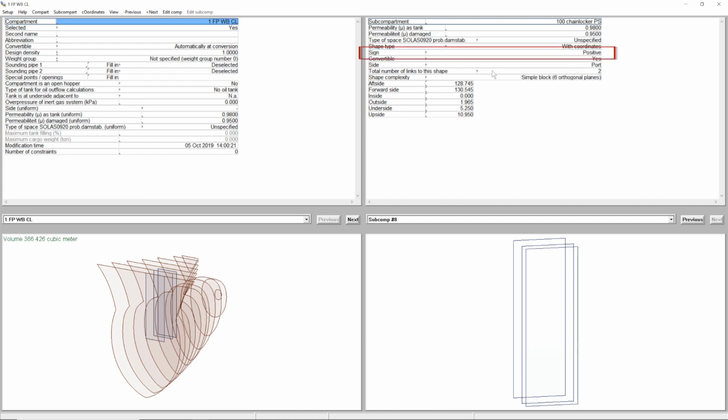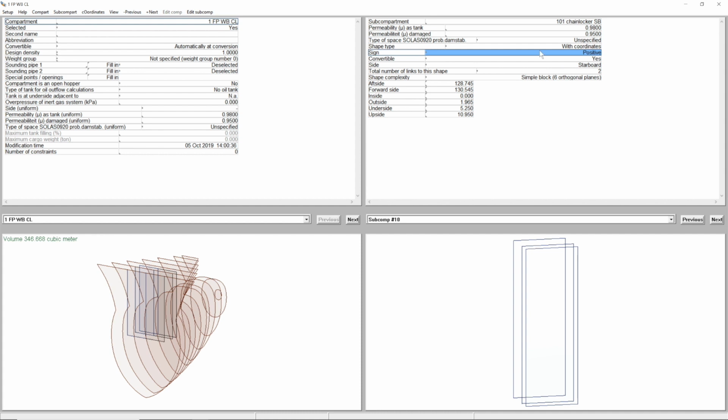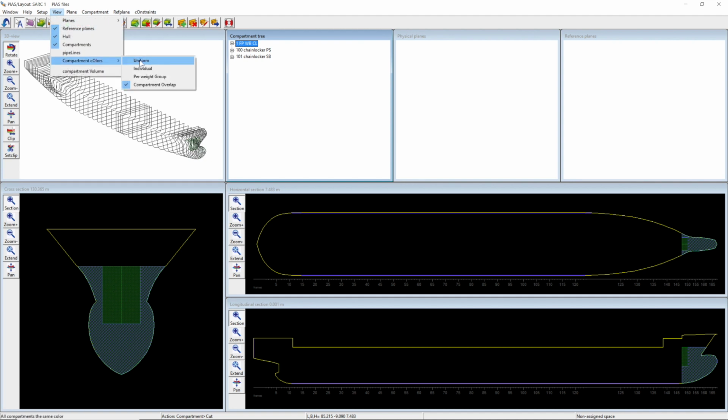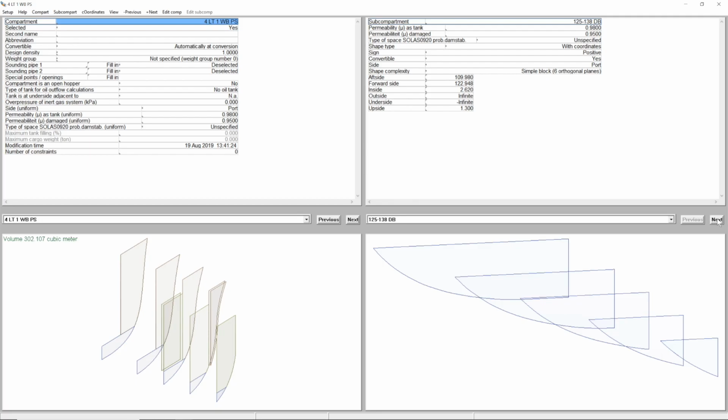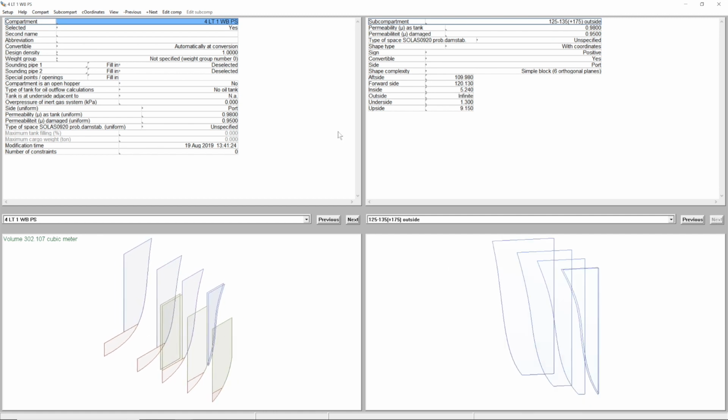We only need to change the sign of this subcompartment to negative to subtract it from Tank 1, which will create the correct overall compartment from this tank. When we go back to the graphical user interface with the compartment overlap activated, we will see that the compartments don't overlap anymore. When we are adding tank number 4, then we define multiple positive subcompartments, but we see that